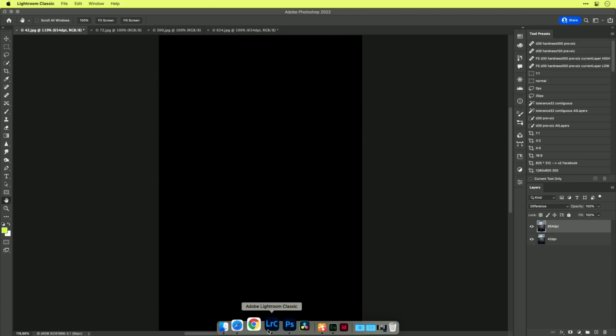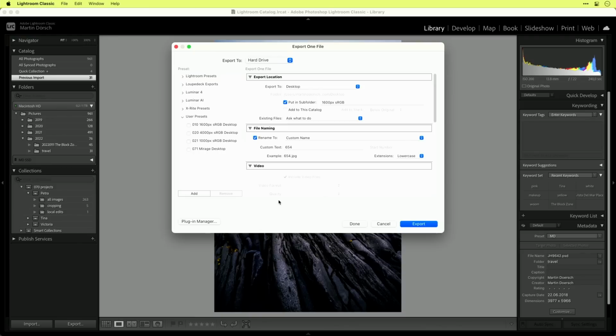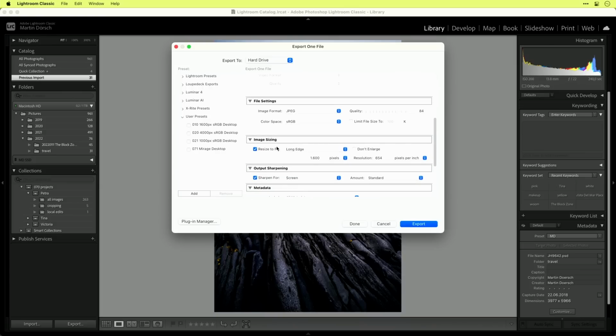So just to see where you have to set this up if you want to change it, I will go to Lightroom again, and now I will export this as mentioned before for printing. So I will call the subfolder print. I don't want to rename it because I just want to export one image. And now I go to resize to fit long edge, and here I change from pixels to centimeters, and now I will change to 30 centimeters. So I want to print a 30 by 20 centimeters print.